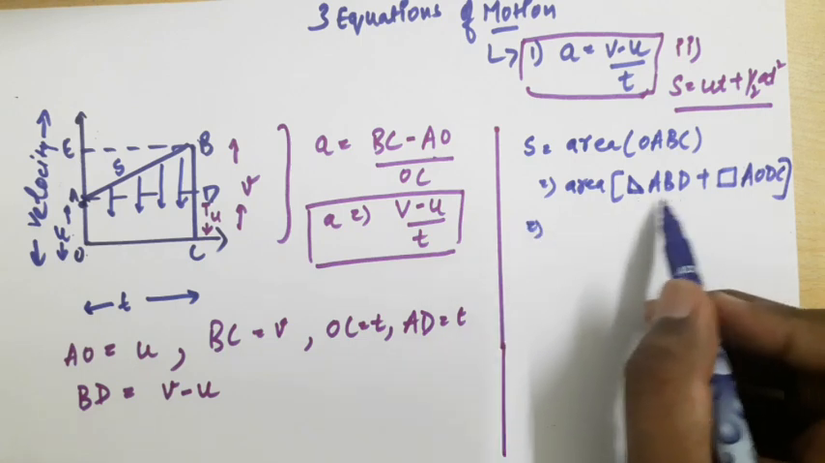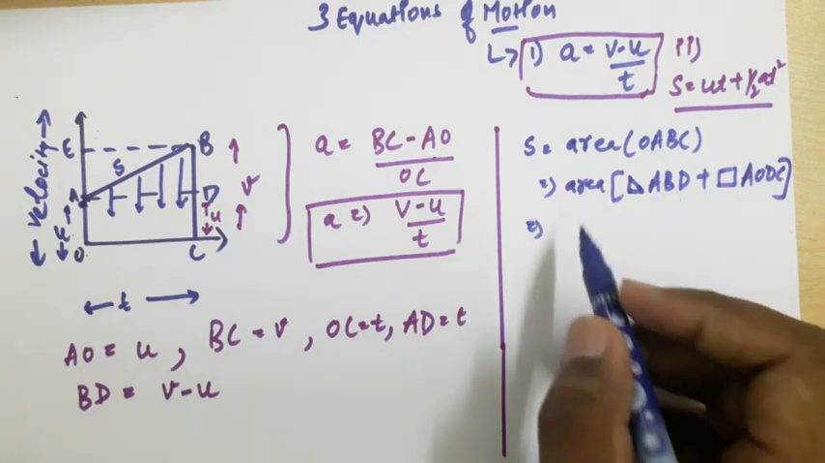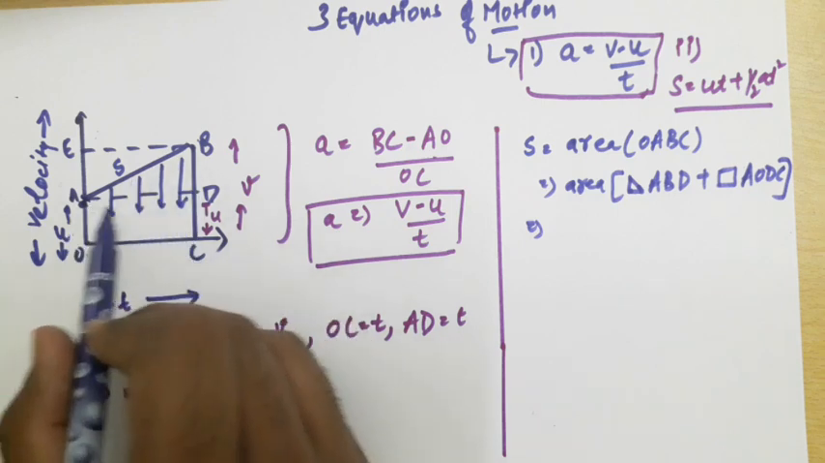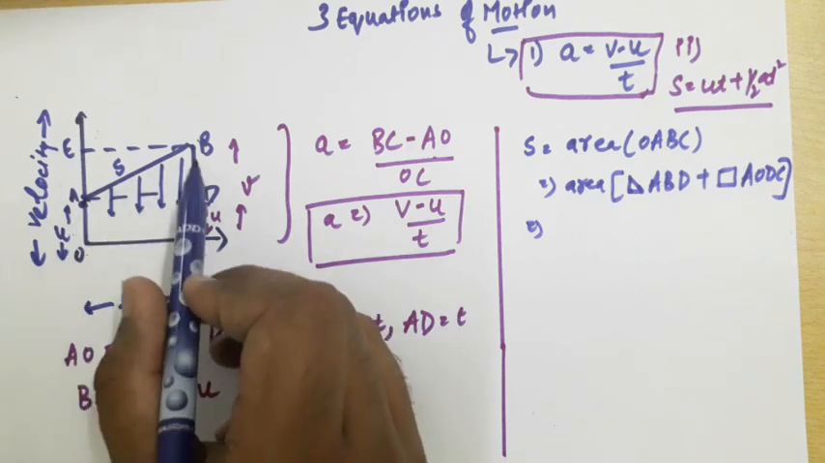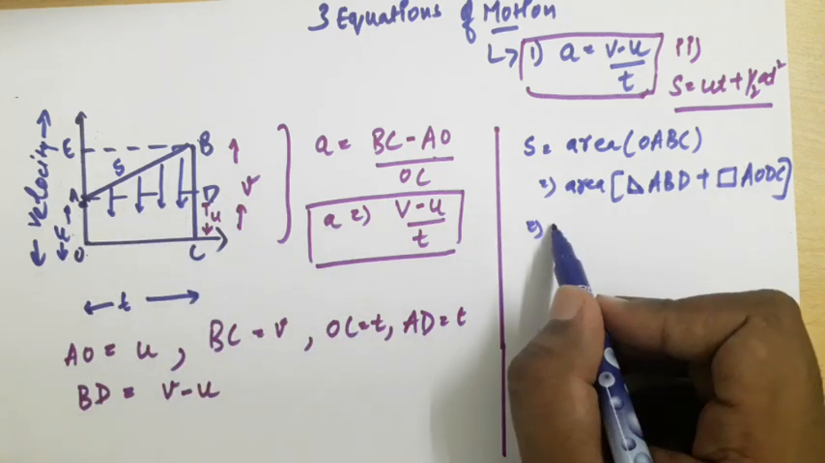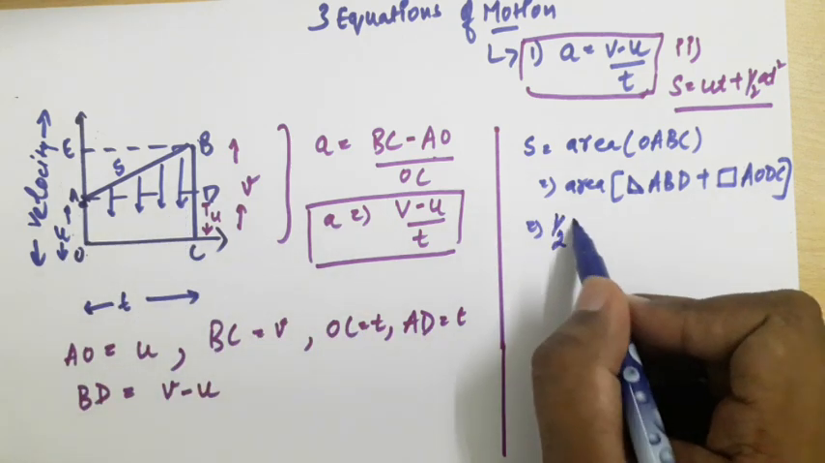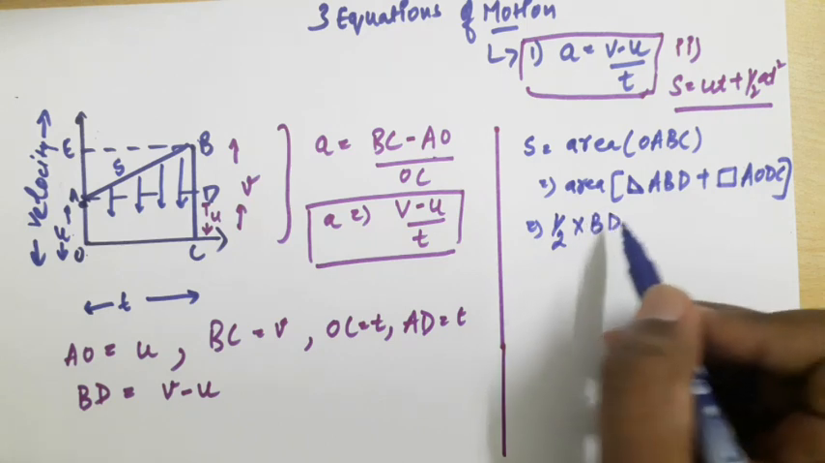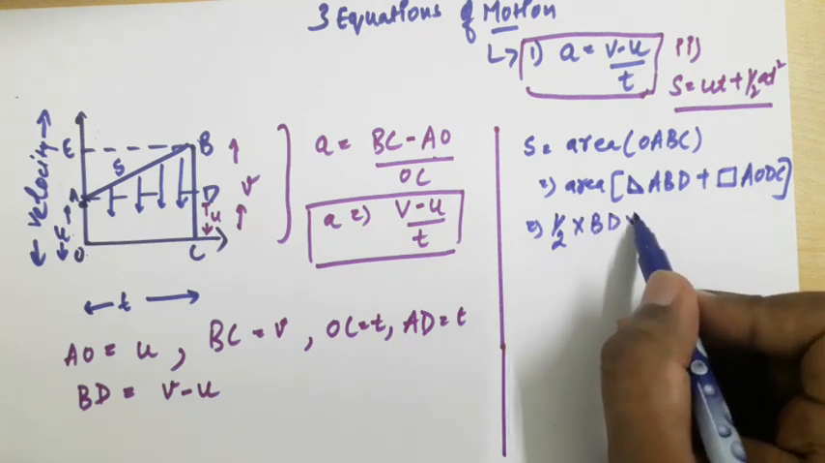So as we know, the area of a right angle triangle is half into base into height. So if I see this triangle, what is base? Base is BD, and what is height? Height is AD, right? So the area is half into BD into AD